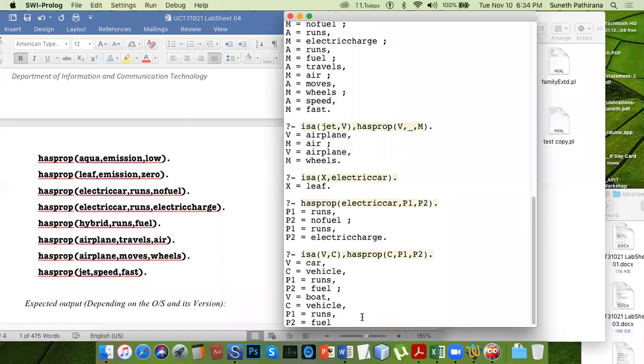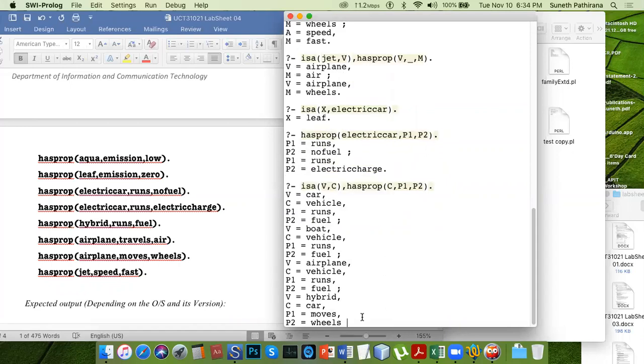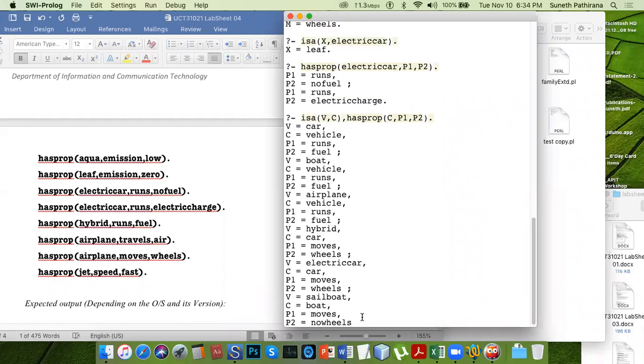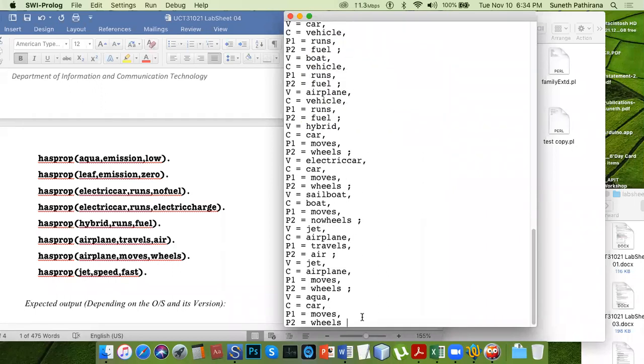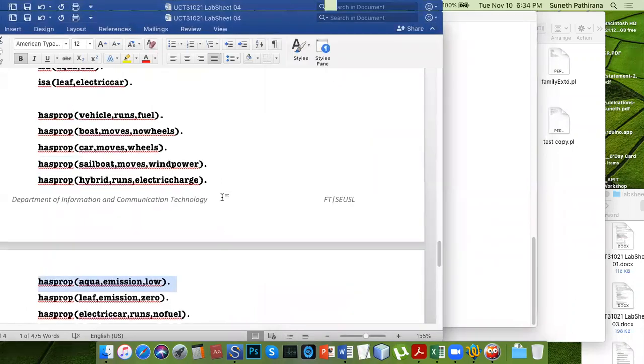Vehicle again boat runs on fuel. Airplane, so vehicle runs on fuel. Car moves on, hybrid car is a car which moves on wheels. Electric car moves on wheels. Boat, sailboat, it's a boat, moves and doesn't have any wheels. So on, that will list down all combinations.